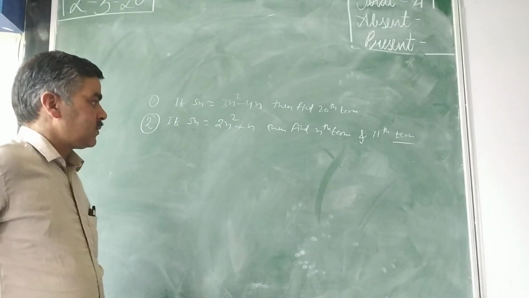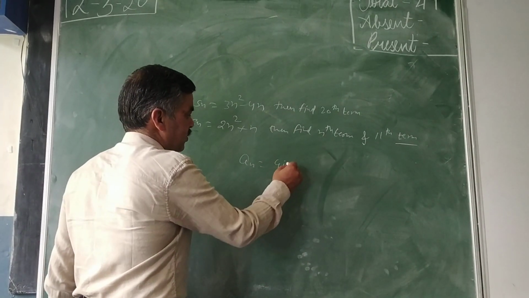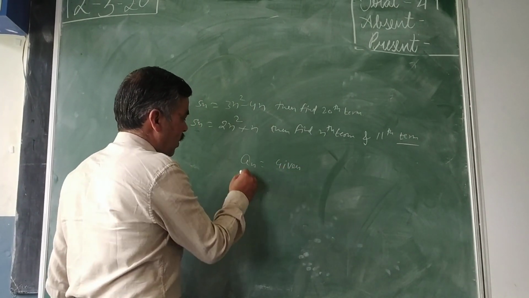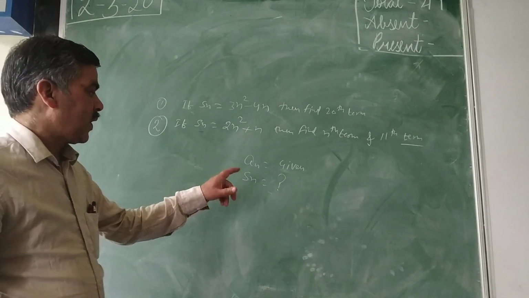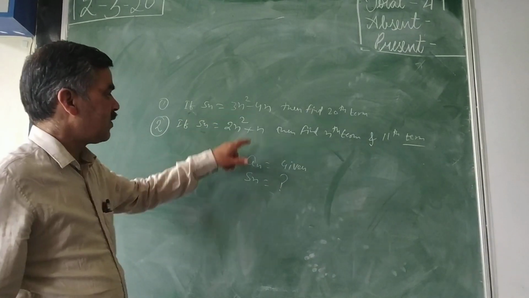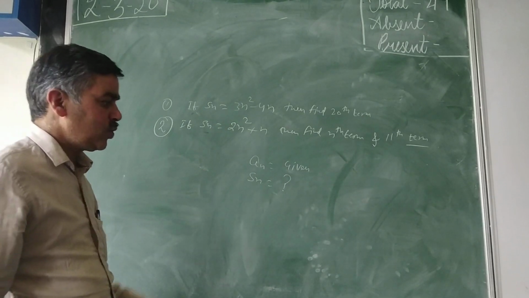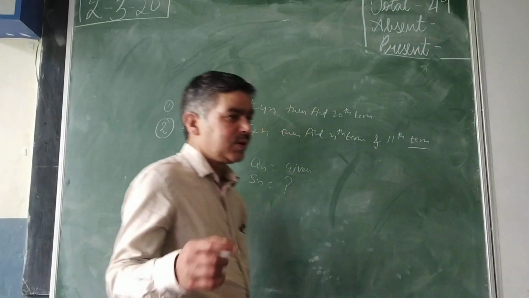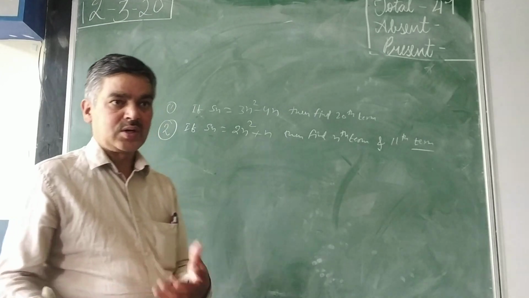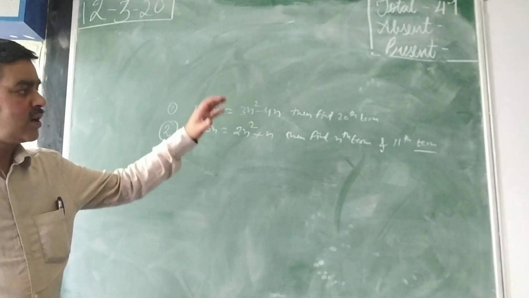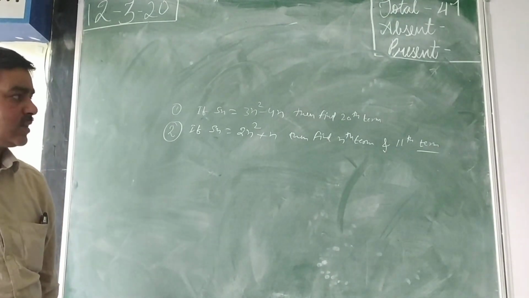So my point of discussion with you was, if an is given, or Sn is to be determined, and vice versa. Mostly the Sn, sum of n terms, is given and we have to determine the an, the nth term. The questions are based upon this pattern. So what we can do in those questions, that I am trying to make you understand today through these two questions first, then according to your queries, if it is not clear, I definitely will add more questions from your understanding point of view. So please do not hesitate.